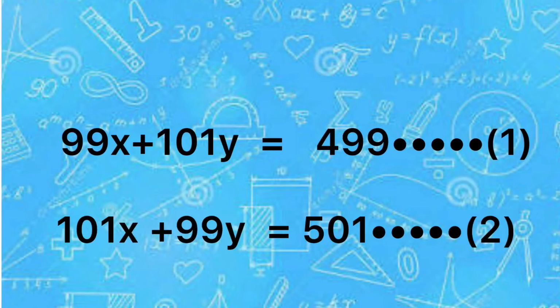First of all, in step number 1 we add both of these equations. Step 1 में इन equations को हम add करेंगे और step 2 में इन दोनों ही equations को हम subtract करेंगे, and we will get two new equations, and then we shall solve those two new equations. So let's start step 1.